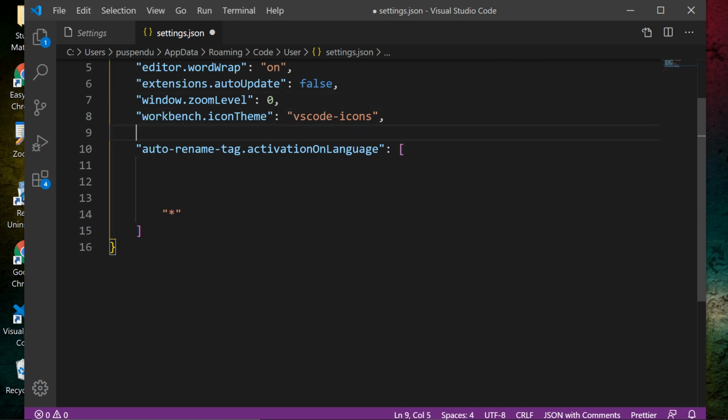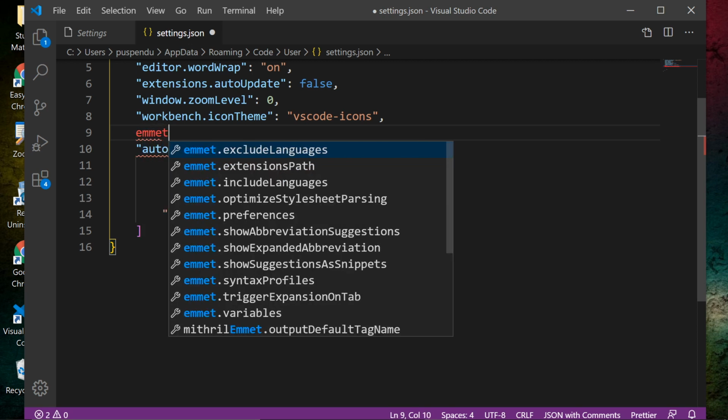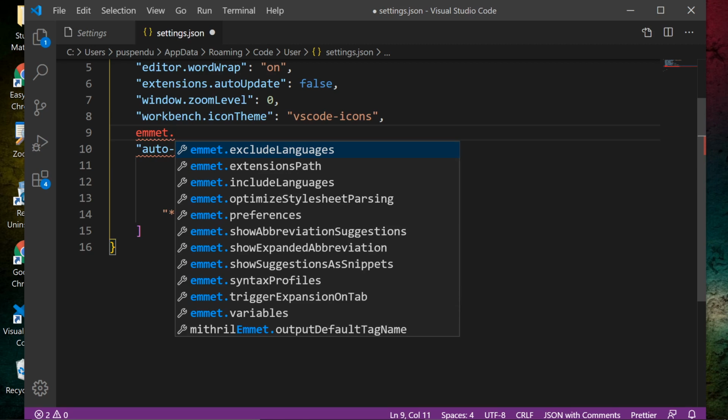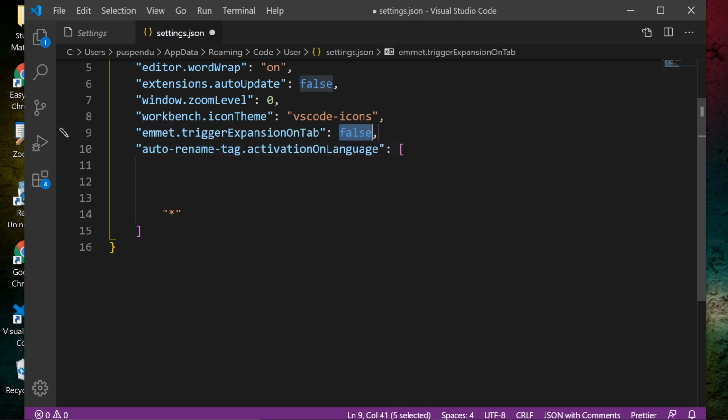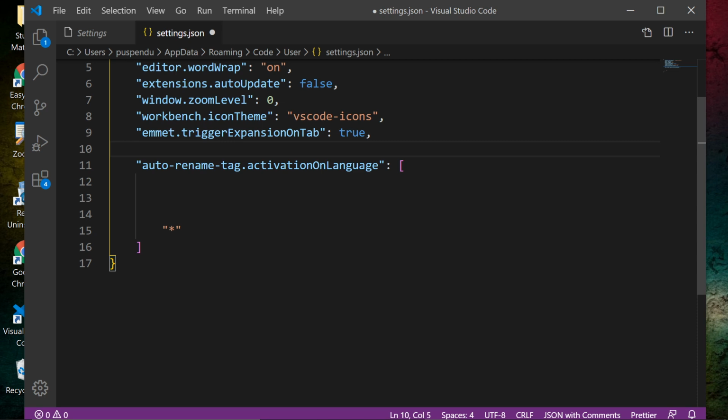You attach some code here, that is emmet dot include languages, target extension on tab. Click enter. You see here false. You write true, true. Okay, sorry, true, true. After that you write one more code, that is